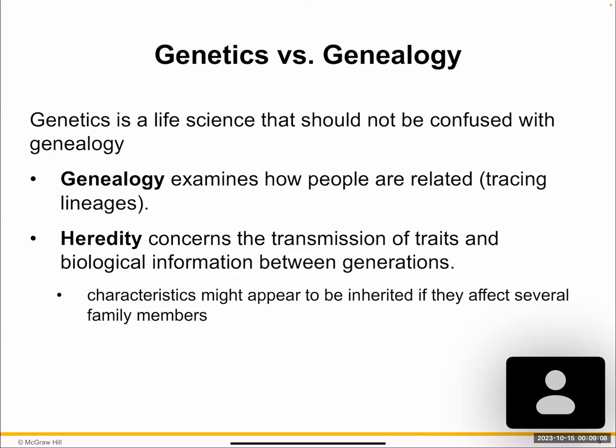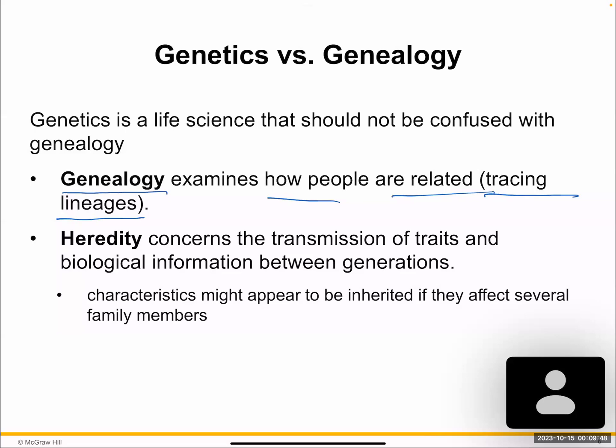Be it having blue eyes or a darker skin tone, or being susceptible to specific conditions like breast cancer, etc. Now, when we talk about genealogy, we're looking at how we are related to other people. So we're trying to figure out if we are related to, let's say, somebody famous in the past. We're basically tracing our lineage. We're not really looking at the science behind it, but rather using the science to figure out our relationship with other people.